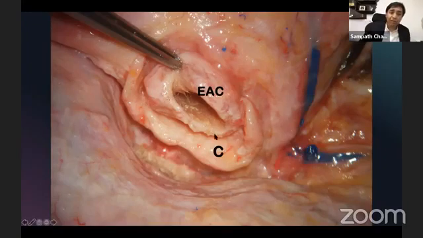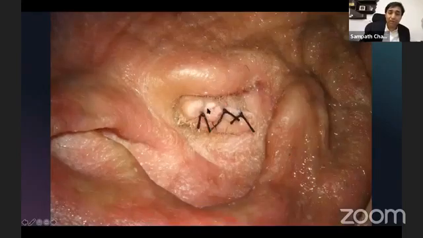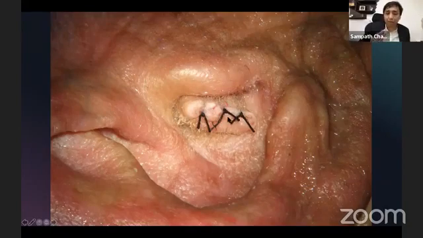So once you separate the cartilage from the external auditory meatus, you then turn this inside out and stitch the skin using Vicryl. You do not use non-absorbable sutures. You use absorbable sutures because you don't want to go in later and fiddle around removing all these sutures. You would rather let it heal by itself and get absorbed. So you're going to use absorbable Vicryl 3-0 or 4-0 sutures to close the skin inside out. So this is the first layer.